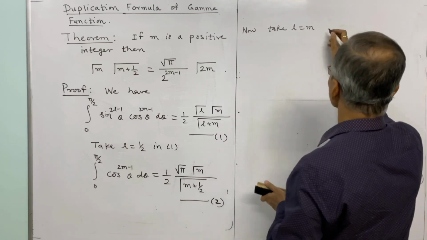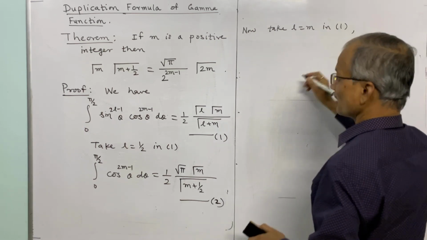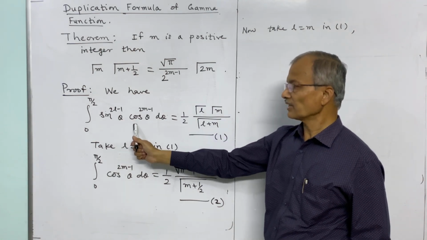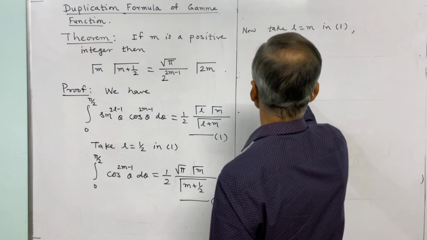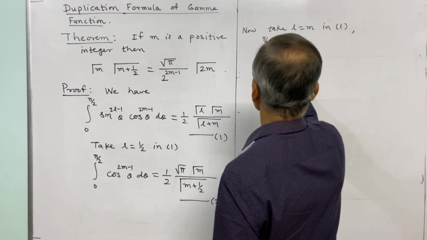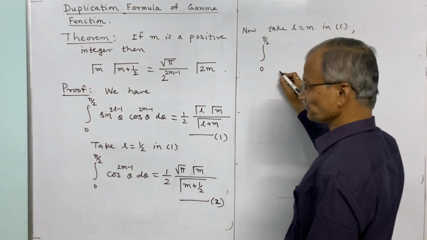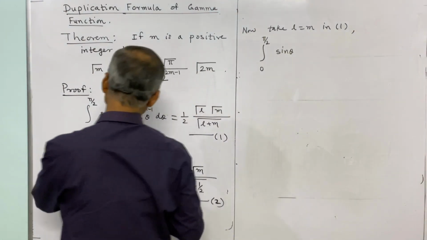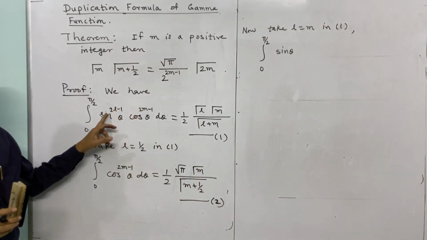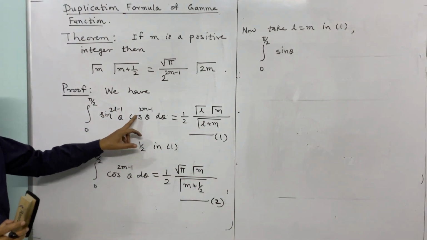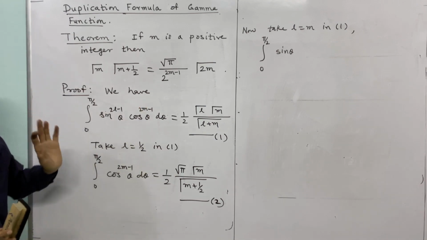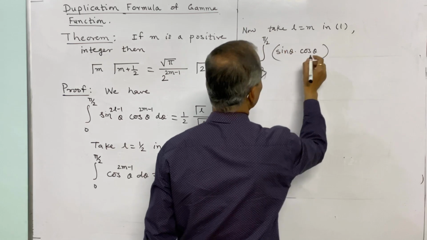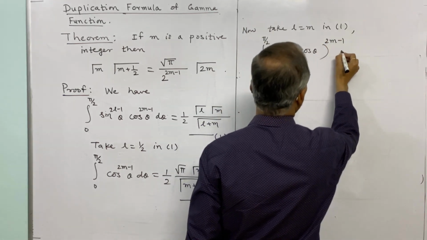So what we shall get, you see, in this l is m, so this is in terms of m, and integral 0 to pi by 2, if l is m, both will have the common power, and therefore I shall write sine theta into cos theta whole raised to 2m minus 1